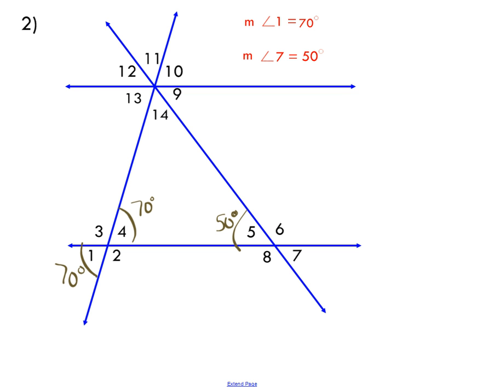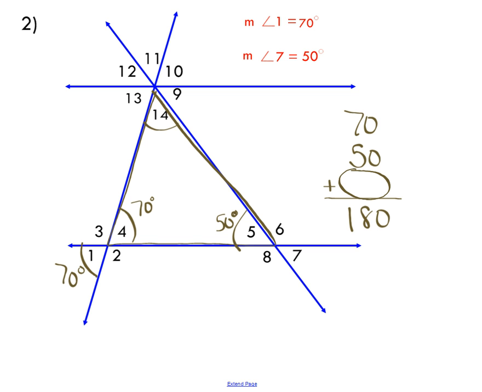And I'm going to do something that we haven't talked about since the first day, which is the properties of the interior angles of a triangle. So if you notice, this is a big triangle right here. And I have two of the angles. I have 70 and I have 50. If you remember, the three angles of a triangle, the inside angles, have to add up to 180. So the question is, what is this mysterious number